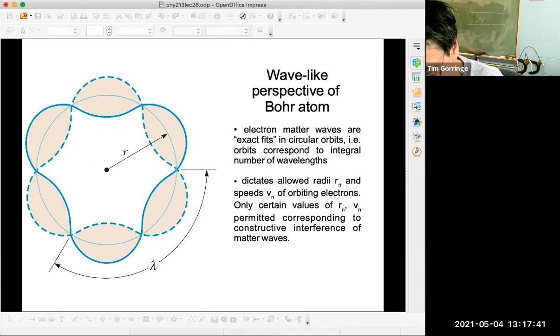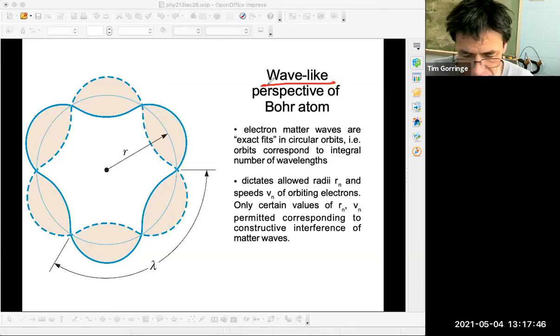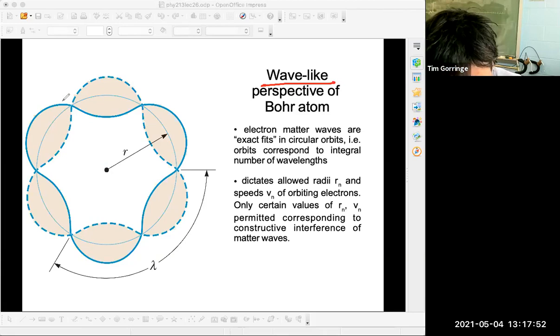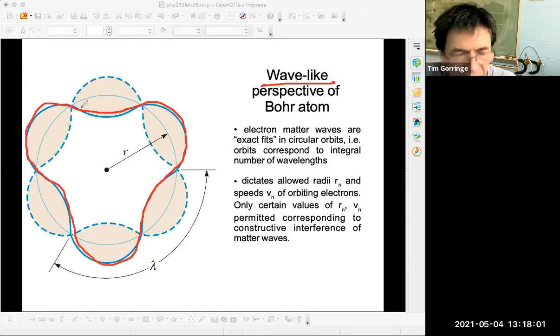So here's the wave-like picture of Bohr's atom. In his wave-like picture of the atom, this wave here is the matter wave of the electron orbiting the nucleus at the center. And you see that wave cresting and troughing as we walk around the orbit. And Bohr's sort of radical new idea was that these matter waves had to fit exactly in the